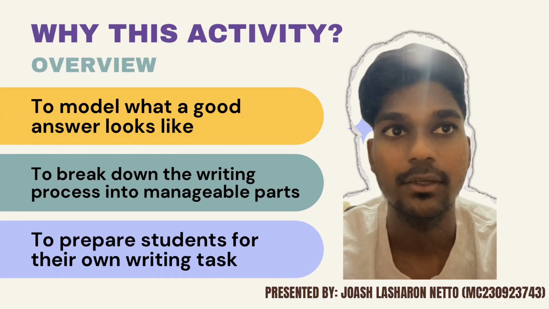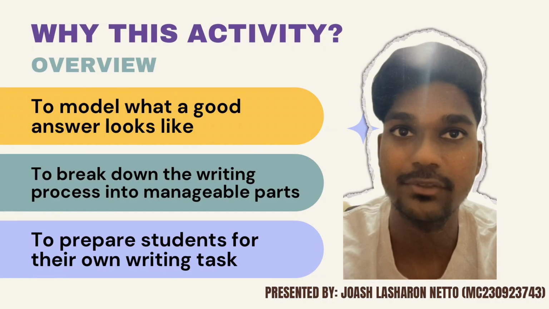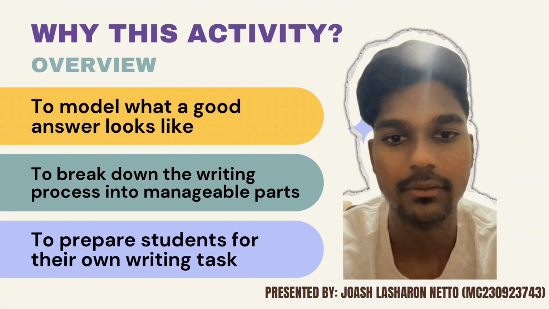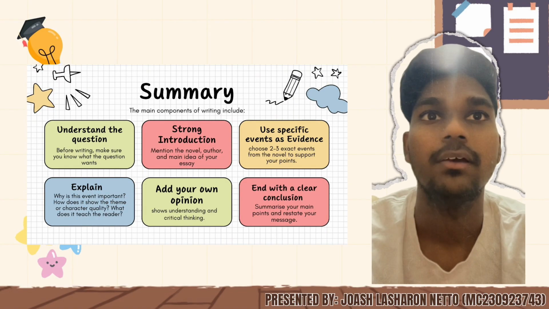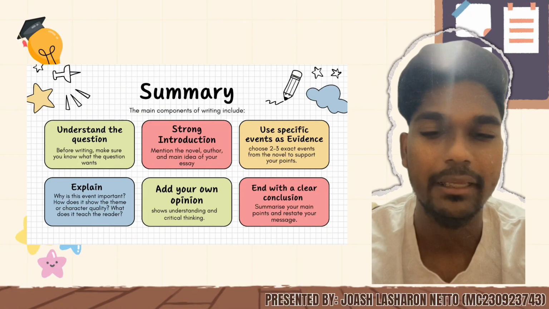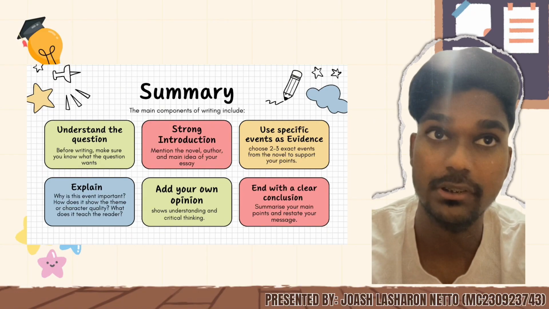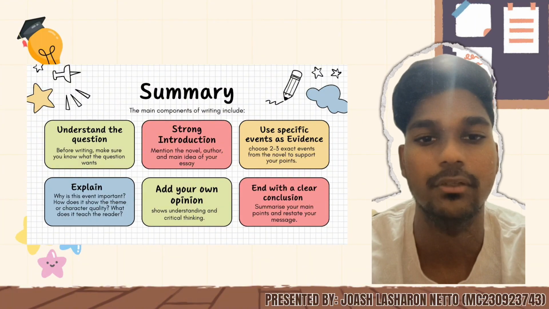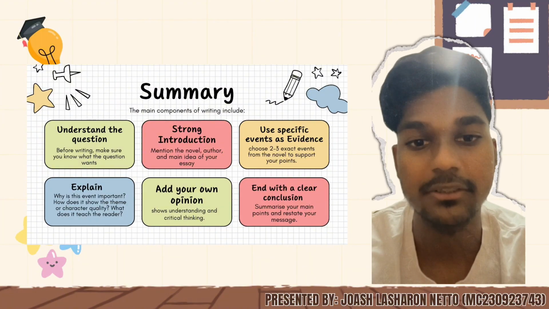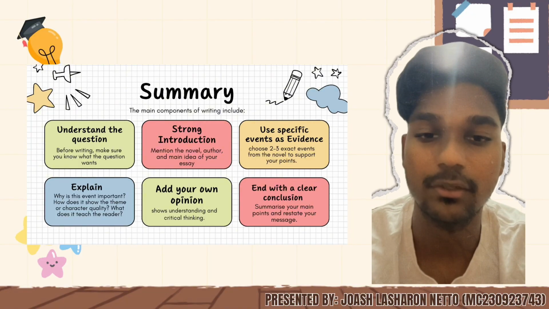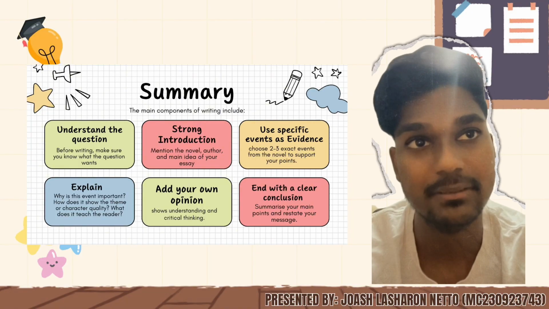And finally, good modeling prepares the students for their own writing tasks by giving them an example to guide their work. Then, I continue showing the overall summary from all the slides where I highlighted a few key takeaways like first, understand the question. Next, provide a strong introduction where students need to mention the novel, author and main ideas of the essay. I also highlight that students should use specific events in the novel as evidence, then explain why